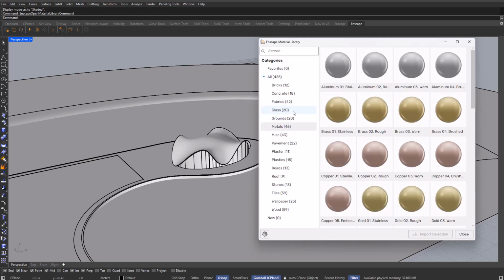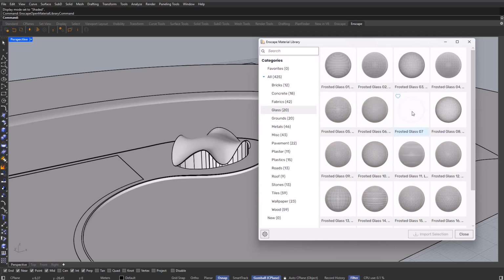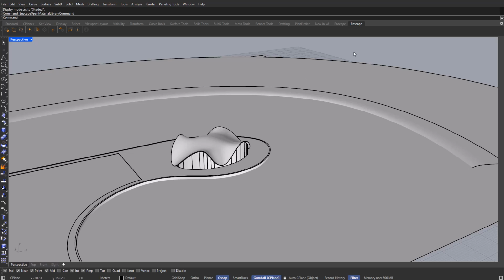And for the water and glass, let's jump into glass. I'll be selecting the frosted glass 07. It doesn't really matter what other material we select for our water, as I'm going to be changing its settings. So I'm going to go for frosted glass and import selection. Okay, great. Now that we have all of the materials that we need, I'm going to close this window